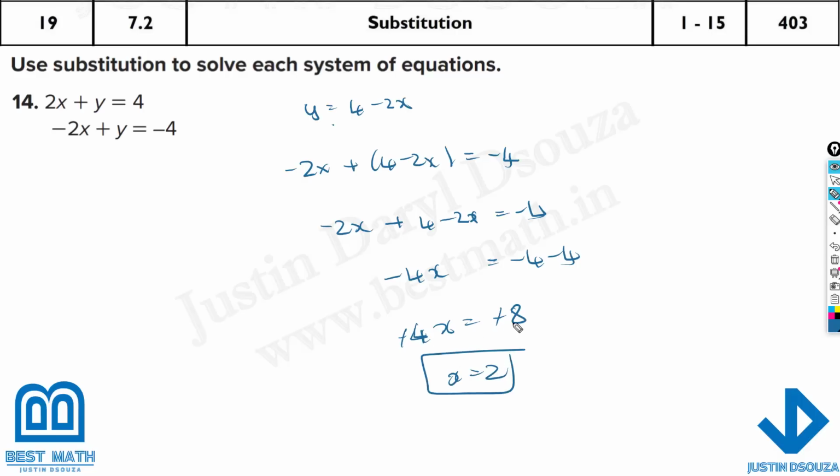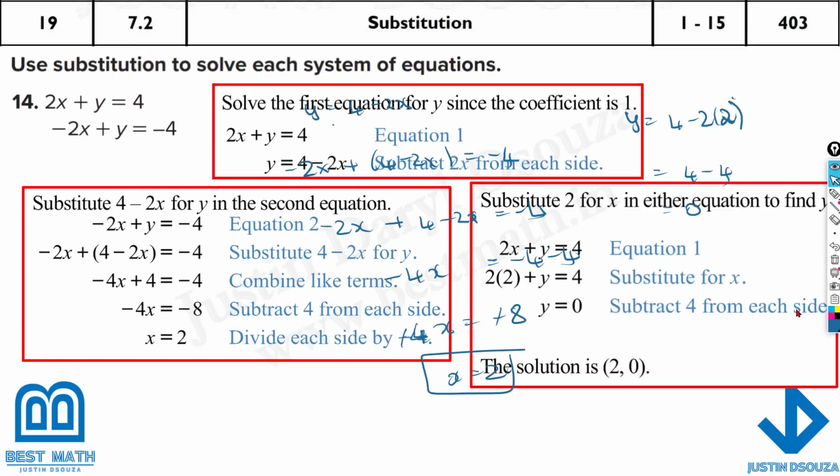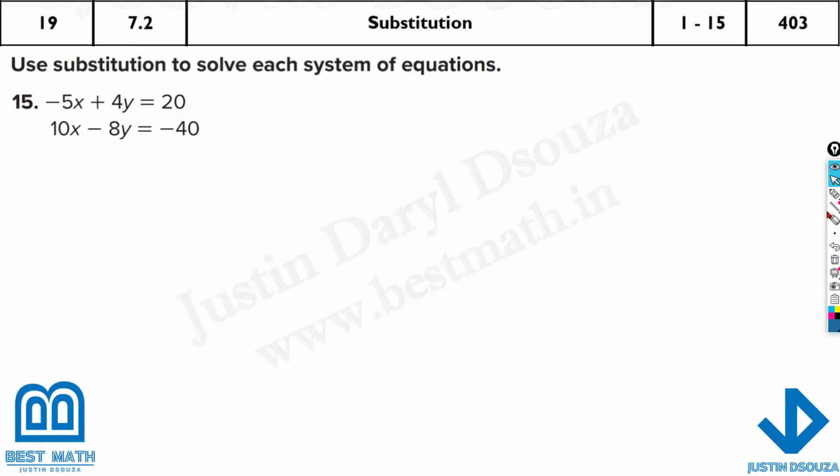So x is 2. What about the y value? You just substitute it back over here. Y is equal to 4 minus 2 times 2. I'll just substitute it directly. It'll be 4 minus 4, that is 0. So x value is 2 and y value is 0. It's 2 comma 0. And the last and final problem in this topic of substitution